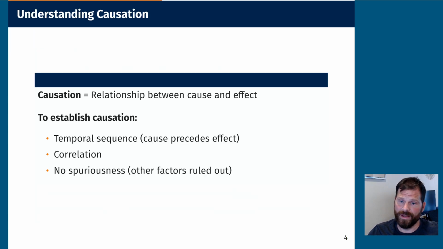To help us get at the deeper analytical approach, we rely on causation and we build causal models. Causation is a relationship between cause and effect, right? And there are a few different criteria to establish causation. Temporal sequence, so the cause precedes the effect. Correlation, they are connected. When one goes up, the other goes up or down. When one goes down, the other goes up or down. If you're thinking about a measure or a number or something like that.